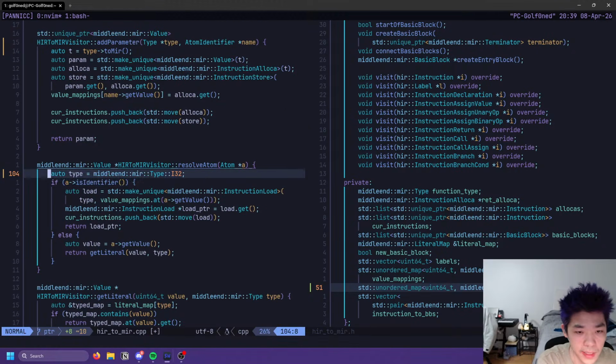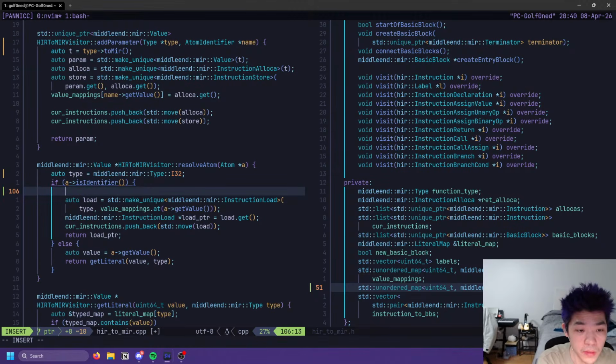Okay, let's do that. So if it's an identifier, then we need to... So type equals... We can literally just do type mappings at type. Or type get value. That's what it is.